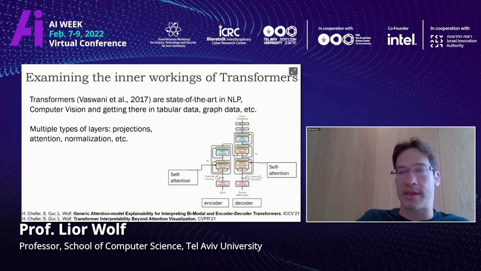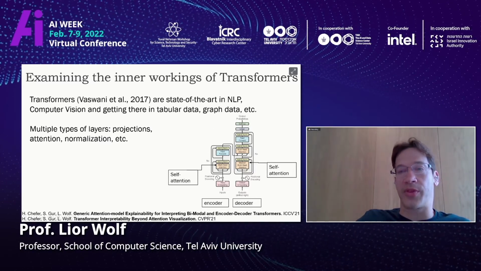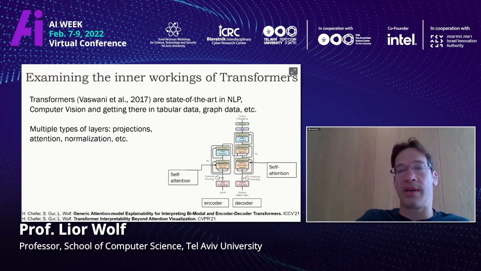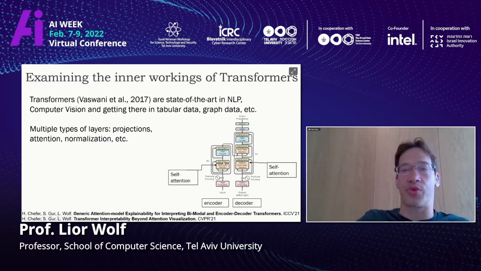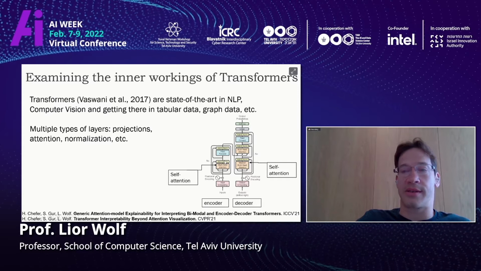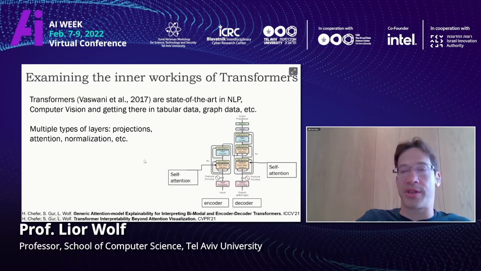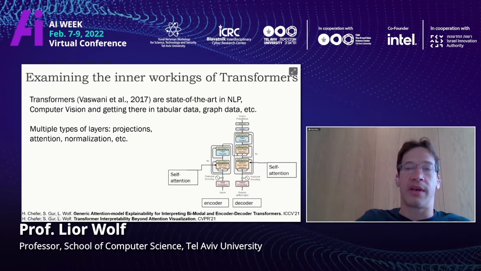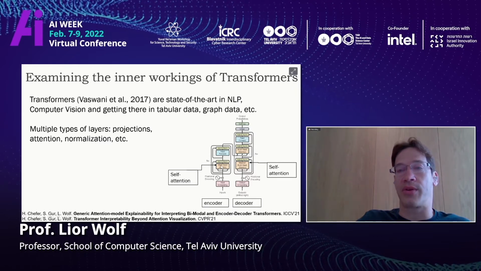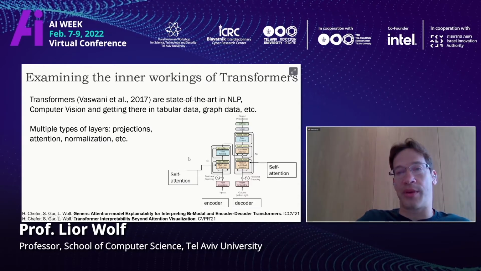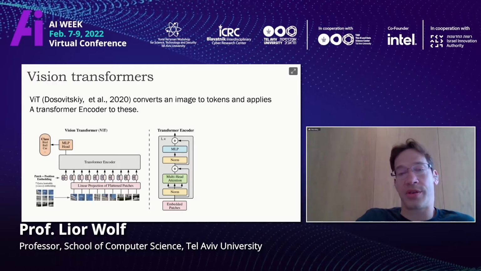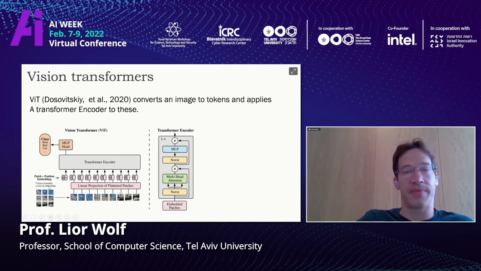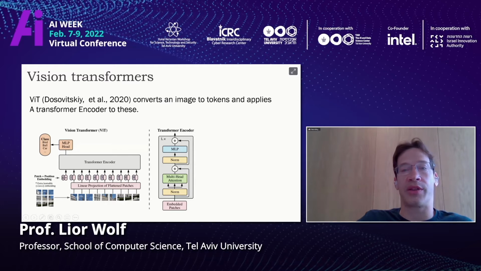A transformer is this elaborate structure that would take about 50 minutes to get into, but let me just say that it has an encoder, it has a decoder, it has attention layers, it has projections, normalization layers, and so on. And what Lior and Lior did is to come up with a way to look at all the activations that are going on over here and understand how the transformer looks at a specific input. So the input can be a text or can be an image. In the case of computer vision, we take the image and we divide it into patches, and then these patches become what we call a token.